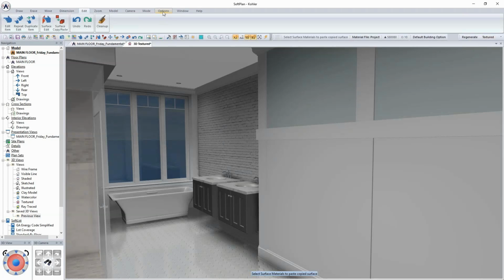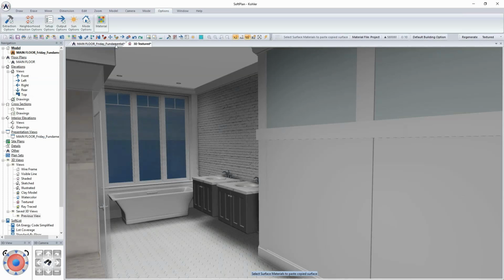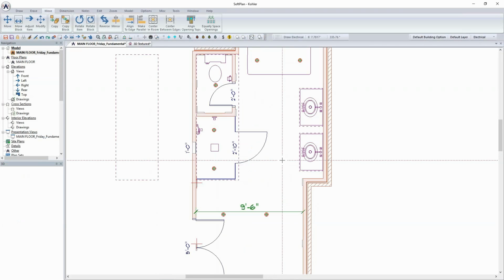Now, before I do that, one of the things I'm going to do is come in through Option, and I will select the Mode option. And I'm going to turn the anti-aliasing down, which means how crisp the image is going to be. So I'm expecting this to be not quite as crisp, if you will, just by lowering the anti-aliasing, but that's kind of a temporary thing. And I'm also going to turn the reflections off because I don't need that for right now. And so I'll click OK on that, and we're going to come back into the model here,